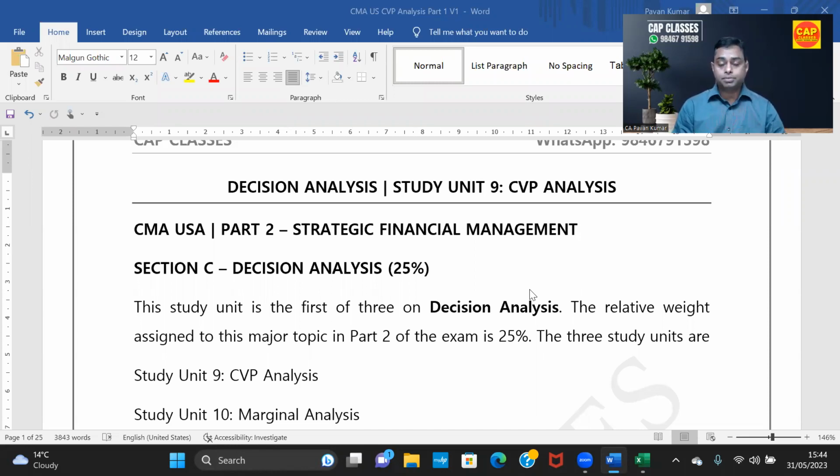Today we are going to discuss, for CMA USA students, cost volume profit analysis. This is quite an interesting area, very significant when you apply this to a real life situation. If you have studied costing in your graduation, you might have seen marginal costing. This cost volume profit analysis, CVP analysis, or what we call break-even analysis, is nothing but a part of your